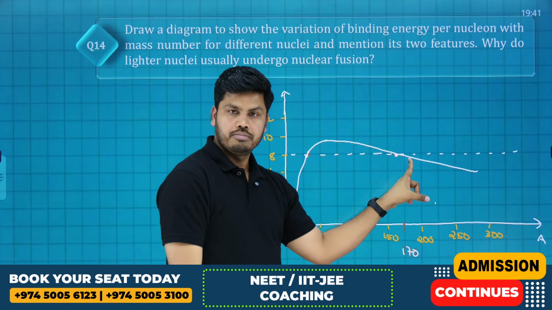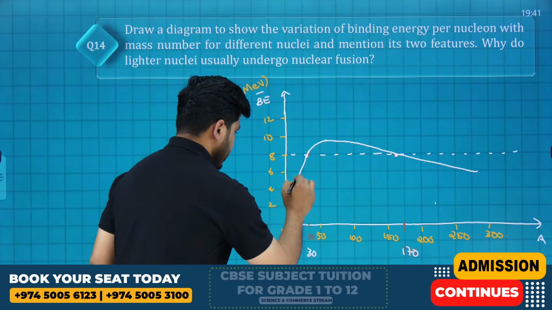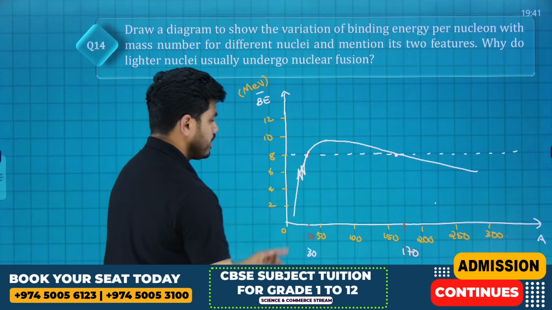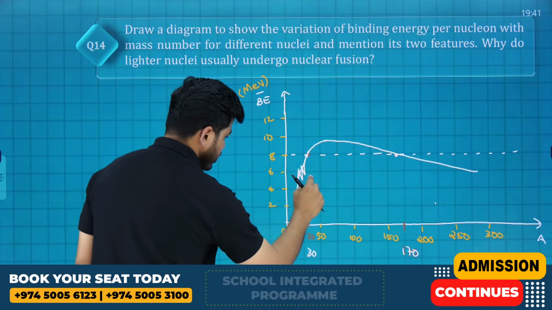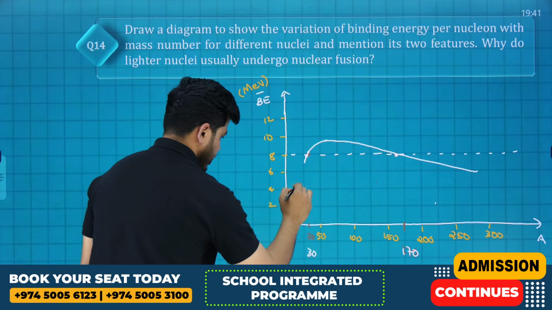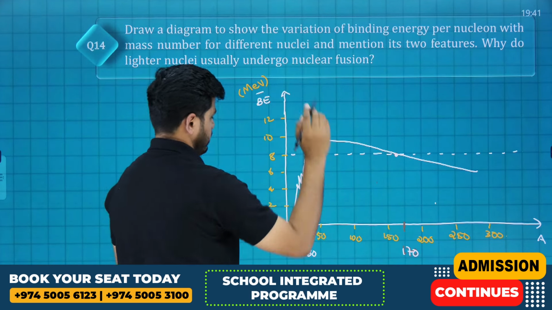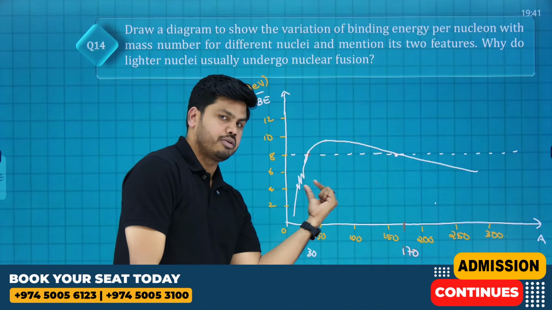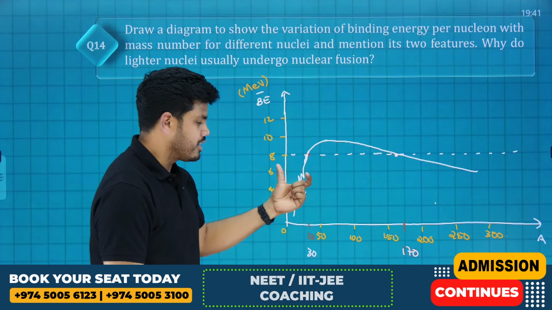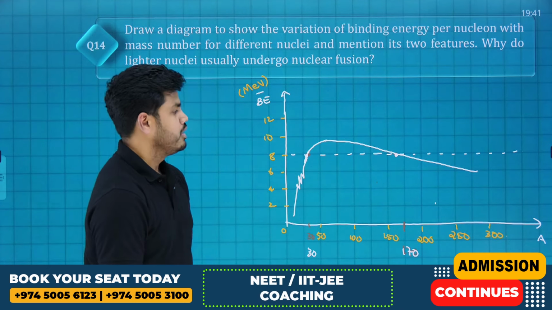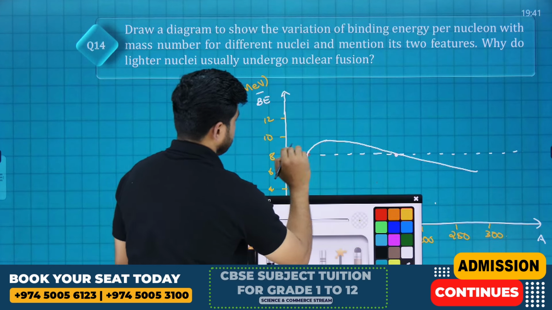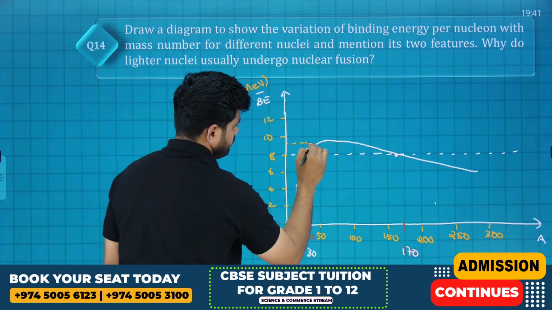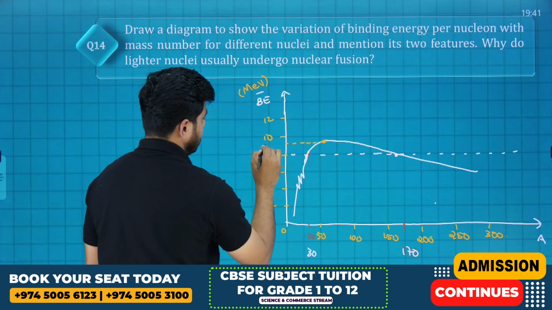30 and 170. Right. See, we have some peak in this region, and even if you don't represent that in the graph, usually you get marks. It is because of some special magic numbers there. Some especially stable nuclei are coming in this range. Okay, and the highest value in the graph is somewhere here,